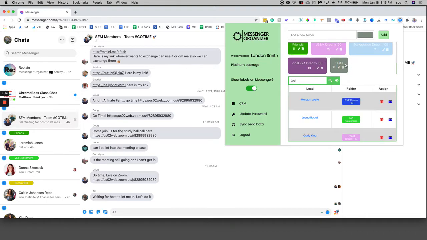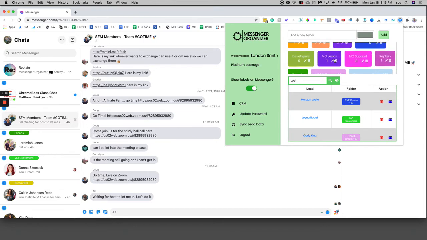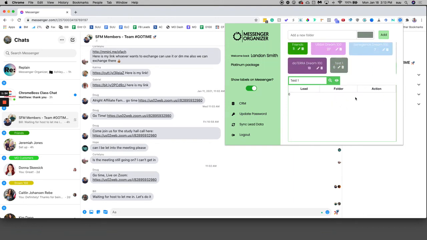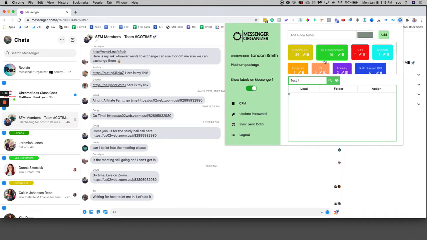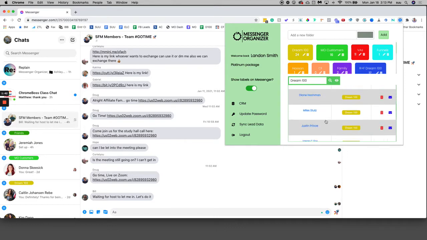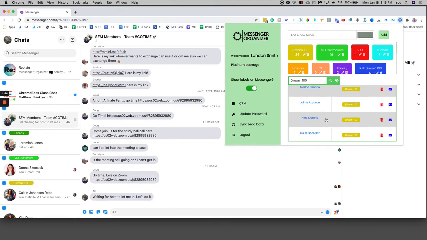Cool thing about the way this is set up is you can see all of the conversations, or at least the number of conversations, placed in each one of these folders. So if I want to go to them, like I just made test1, there's no conversations added there yet. Okay, and then if I wanted to go to one where I know there's already conversations placed in it, I could click on this one, and I can scroll down through and see all the conversations that have been added